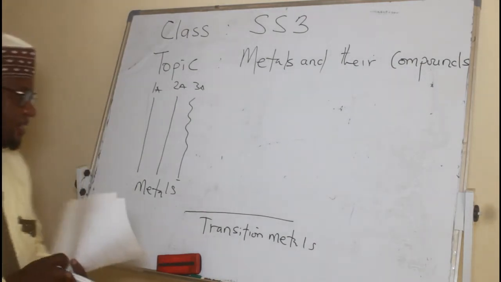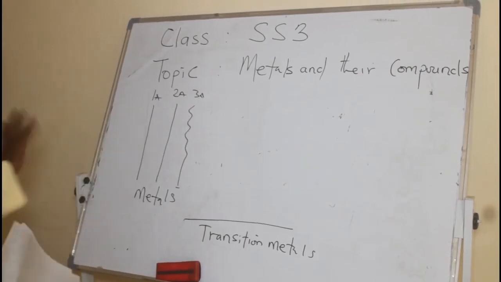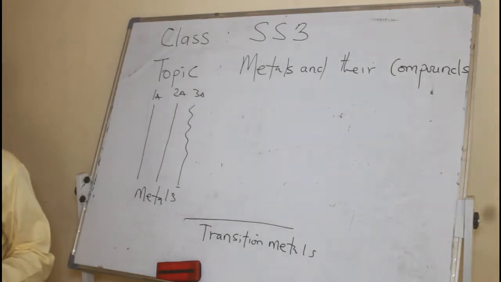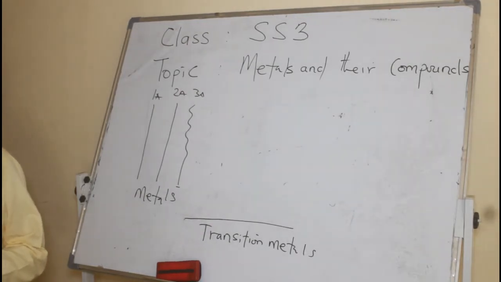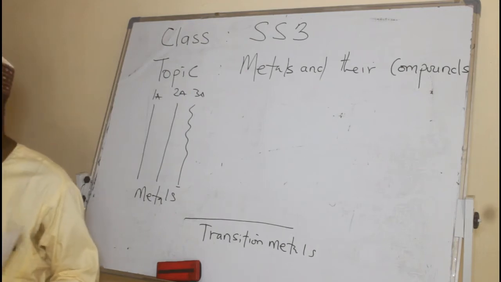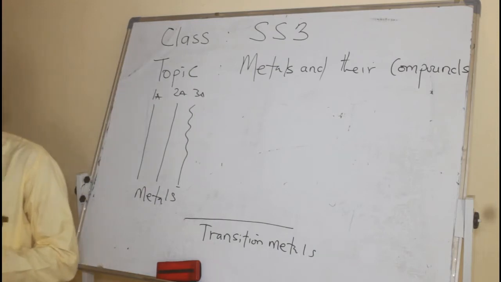And when you look at the chemical properties of metals, because of the property I have just mentioned, the ability to donate electrons, they form ionic compounds. They normally release electrons to non-metals that are willing to accept the electrons being released. So in that case, metals are giving out, non-metals are receiving. So they form ionic compounds. If you remember your SS1 chemistry, you remember the electrovalent compounds, ionic compounds, and their properties.